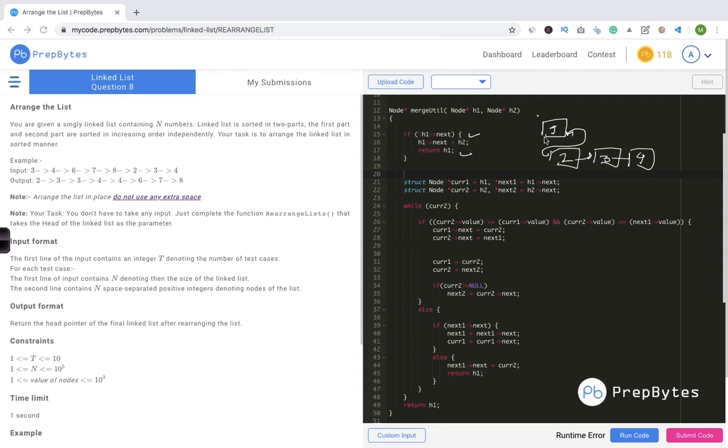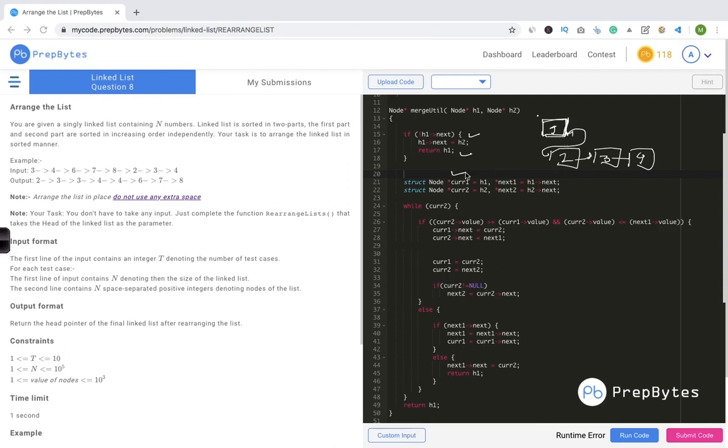Why do we have to take care of this? The answer lies in here. If I don't take care of this, let's say somewhere I am trying to access the next pointer and do something. As we go ahead, we will see whether I can put a certain element in between two elements or not. So here we will be using the next of this particular node. Since we have to make use of it, we have to ensure that the next exists. If next doesn't exist, which means there is only one element, simply append it and return it. Okay, now let's just go ahead.